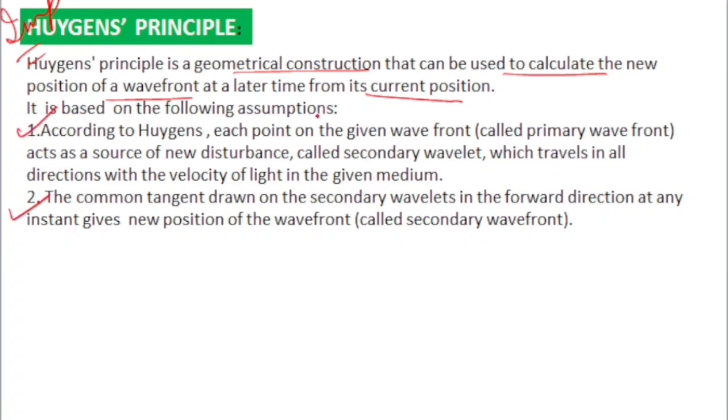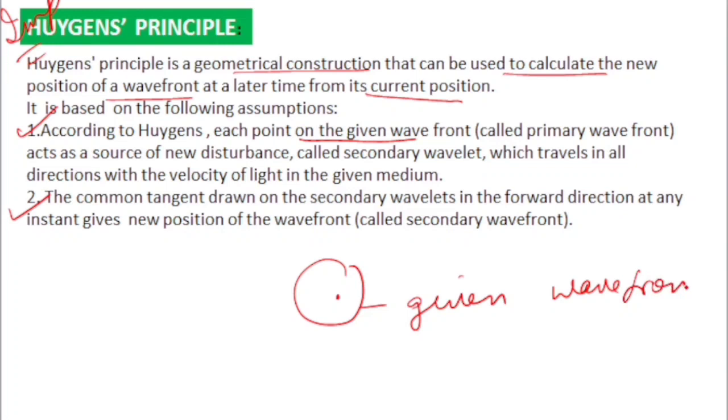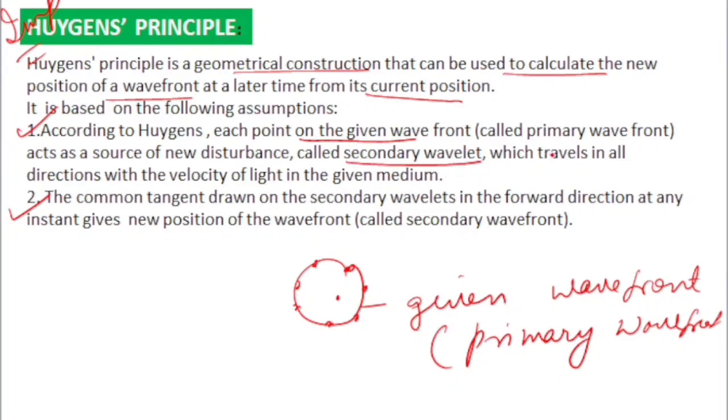First one is each point on the given wavefront. Suppose there is a spherical wavefront which is given. This is the given wavefront, or you can say primary wavefront. Now, each point on this given wavefront acts as a source of new disturbance, and that new disturbance is called secondary wavelet, which travels in all directions with the velocity of light. So this sphere is a secondary